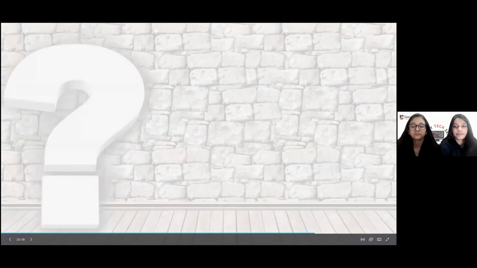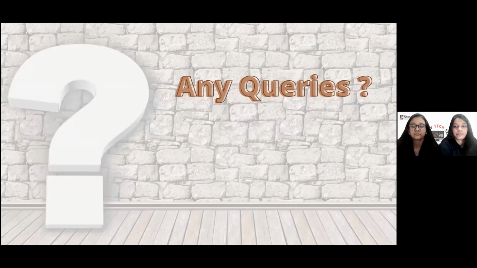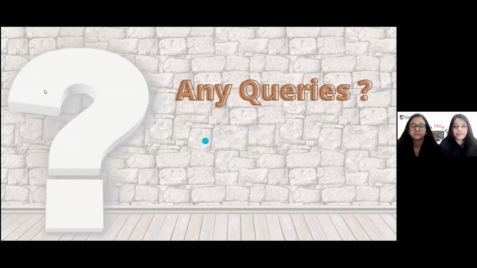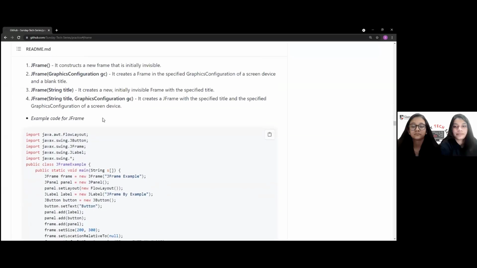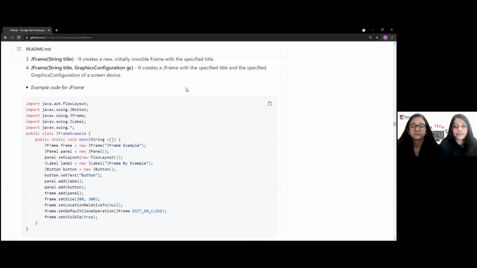The respective codes for the Swing components can be found on GitHub in the respective topics under the heading Swing components. Here we have the JFrame link, and when we click it, we find the respective code for the JFrame. You can just copy it and paste it over your Eclipse IDE. But just remember one thing, that the name for our classes over here and the name of the classes which you get should be the same, otherwise you will have an error compiling it.